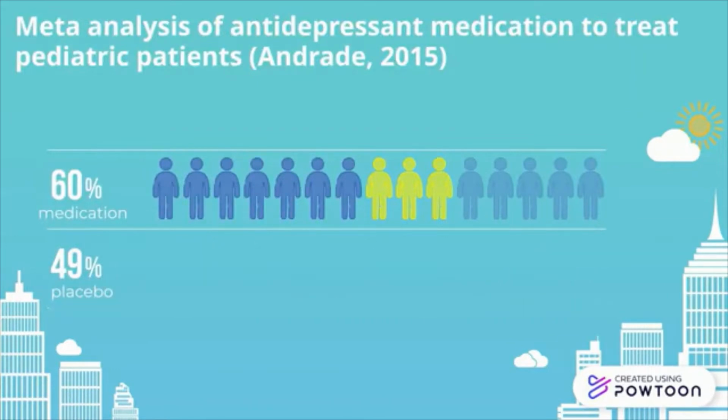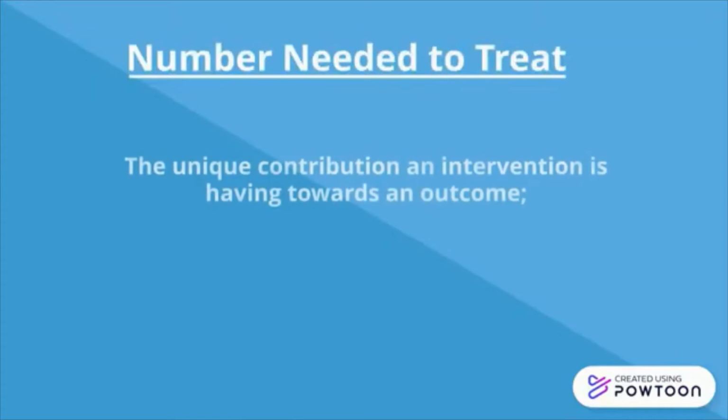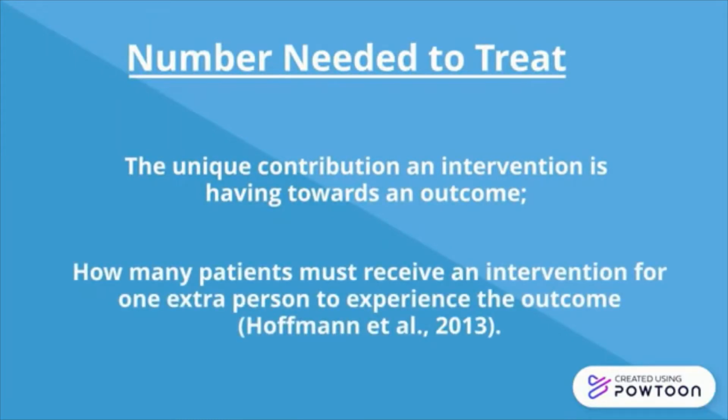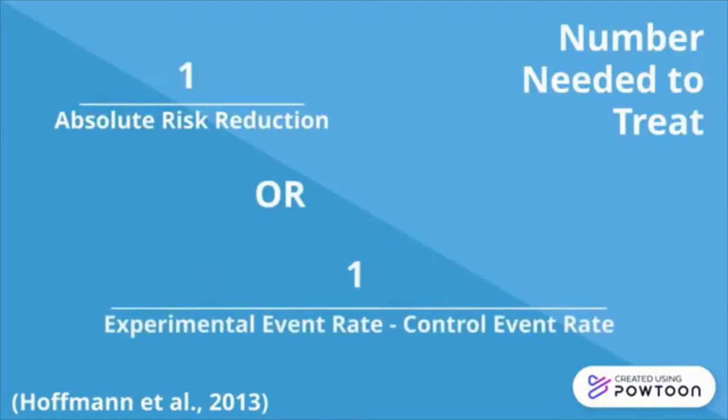One way to analyse these results is to use the number needed to treat. NNT describes the unique contribution the intervention is having towards the outcome. It tells us how many patients must receive a treatment for one extra patient to experience the outcome. It is calculated as the inverse of the absolute risk reduction, or 1 divided by the experimental event rate minus